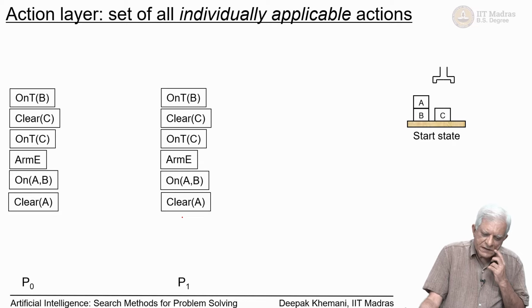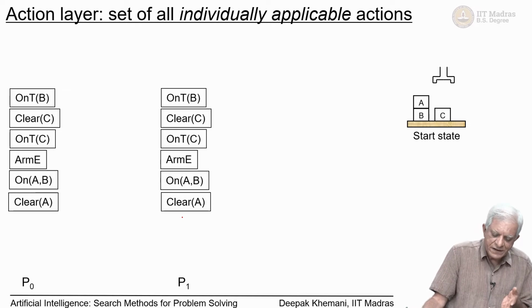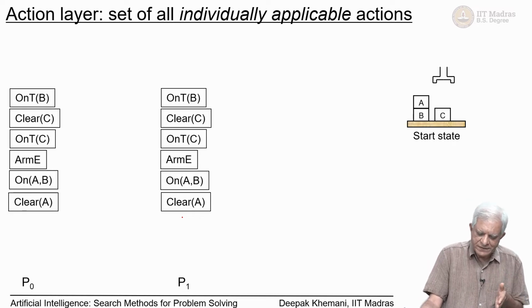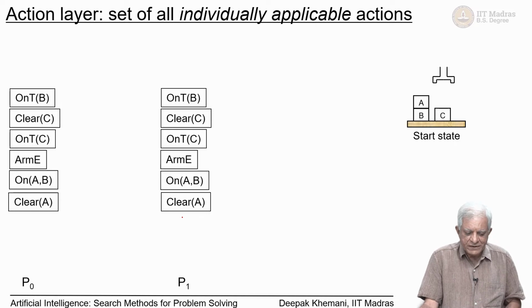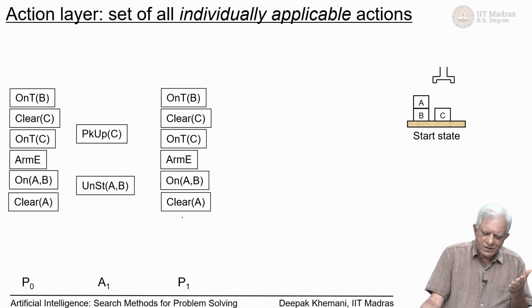So, the action layer contains the set of all individually applicable actions. Okay. So, this is what we had to begin with. You had P 0, which is the start state, which is shown on the right. Then we had P 1, which is the same as P 0 to start with, at least because of the no op operations, which we are not showing. So, all of whatever predicates were there in the start state will also be present in P 1 because of no op operations, but there would be more. We have seen that there are two operations which were applicable in the start state. One was pick up C and the other was unstack A from B. So, they will come into the